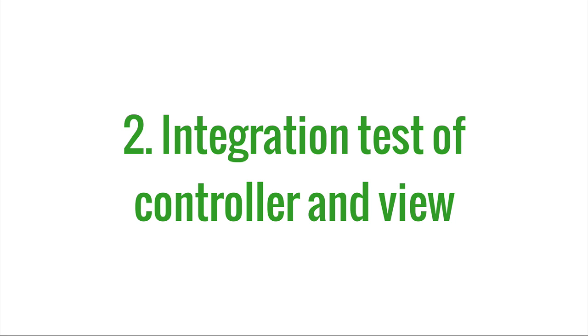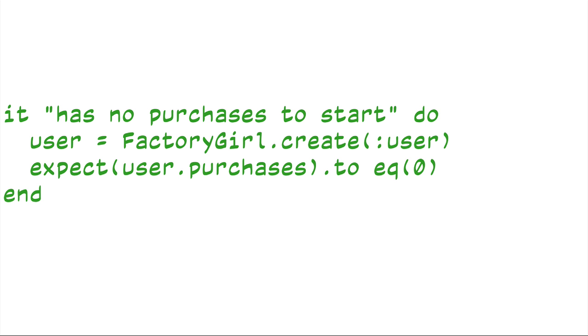The other way to do this is to start at the bottom and work outward. In that case, you want to start with small pieces of functionality and build out. And there are two really common starting places when you're testing in that mode, one of which is just initialize, the initial state. You can almost always specify in a test one initial state where nothing's happened yet, but you know that there's some data and there are some calls to be made. So in this case, for a purchase, an initial state might be that before the purchase, the user doesn't have any purchases, which might look like this.